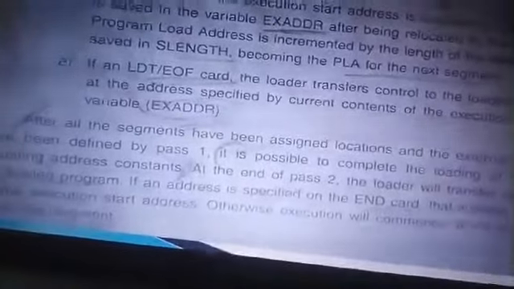So this was the algorithm, and this was the flow chart. Initially we initialize the IPLA, and your EX address is the execution address. This is nothing but to start the execution, it should be set to the first line. So it reads the copy given by pass 1. If it is a text file, then add.